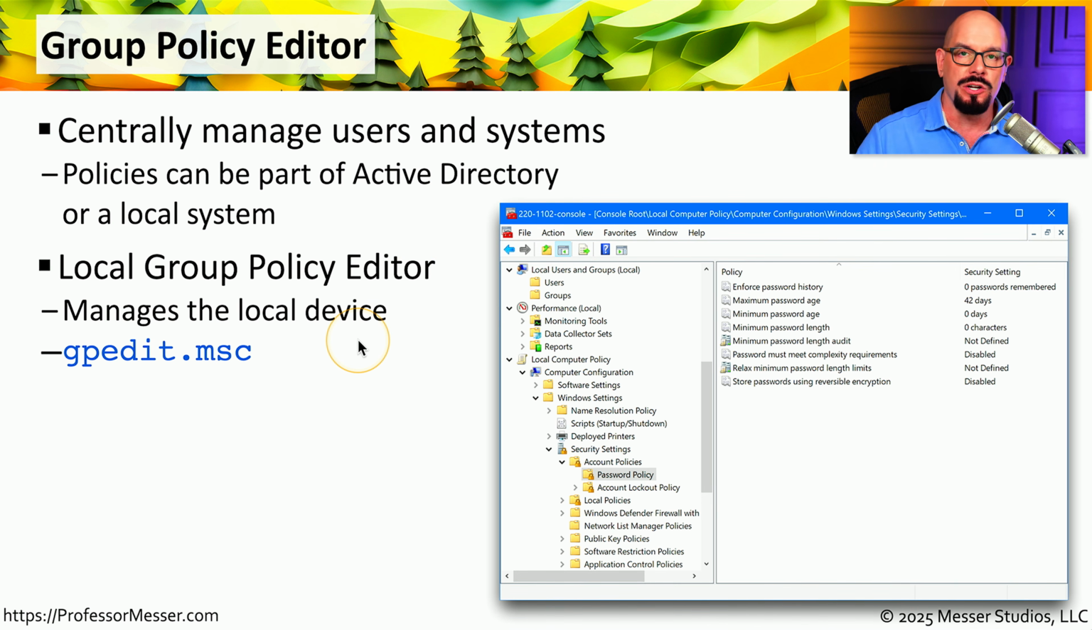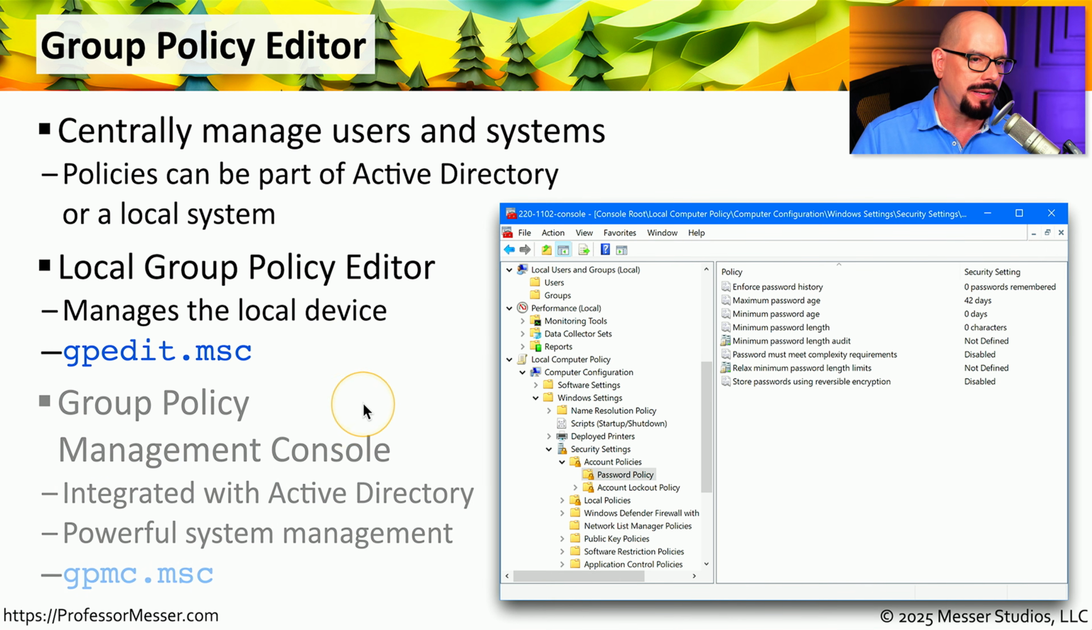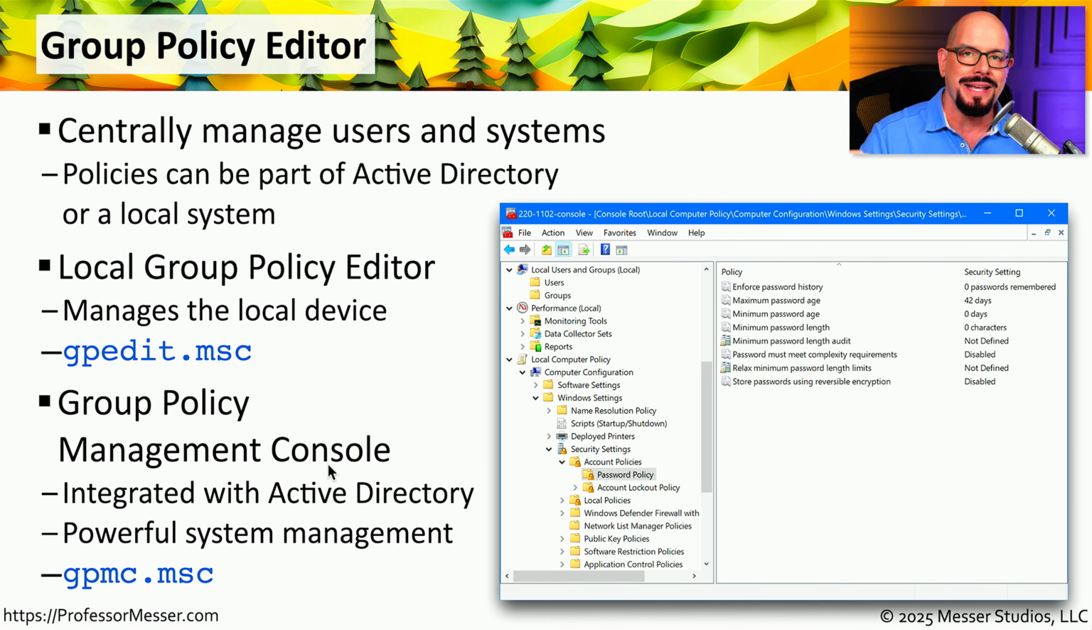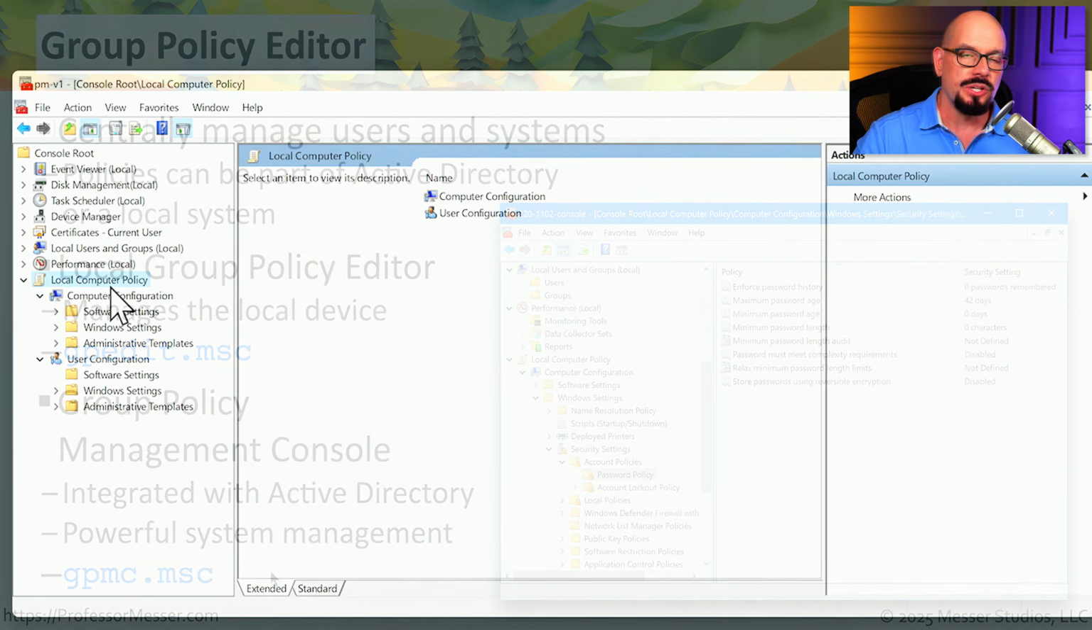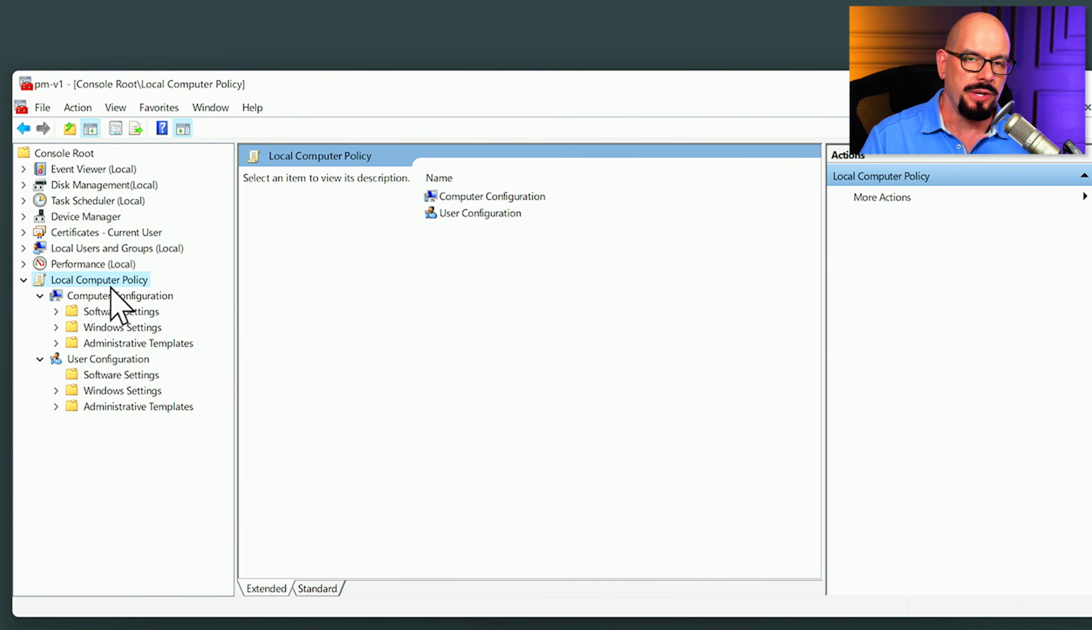But if you're part of a larger organization that has Active Directory infrastructures, then you're probably going to use Group Policy Management Console that integrates with that centralized Active Directory management. You'll find that under gpmc.msc. Here's the local computer policy on my computer, and from here you can see there are two main categories